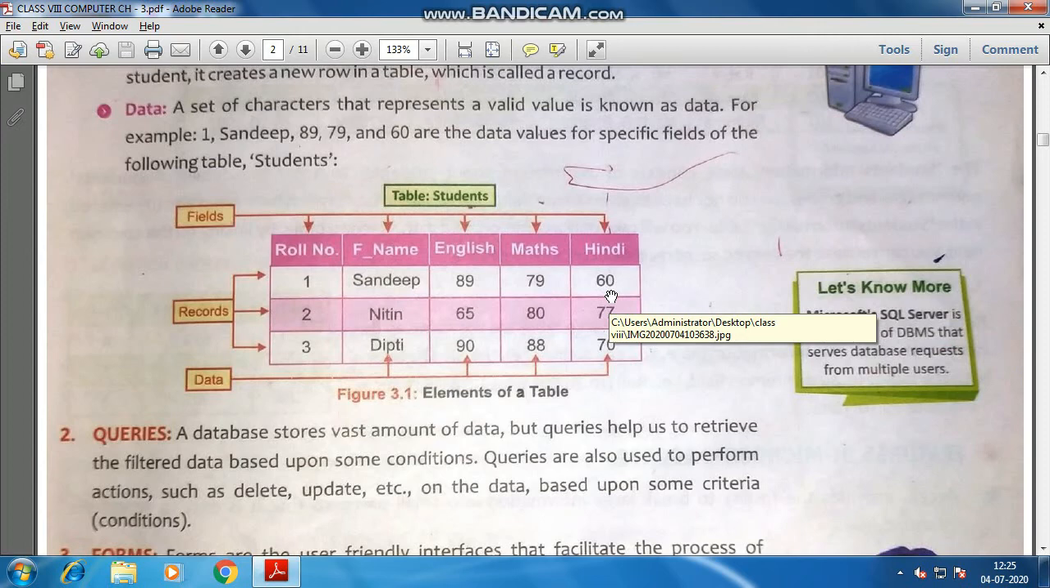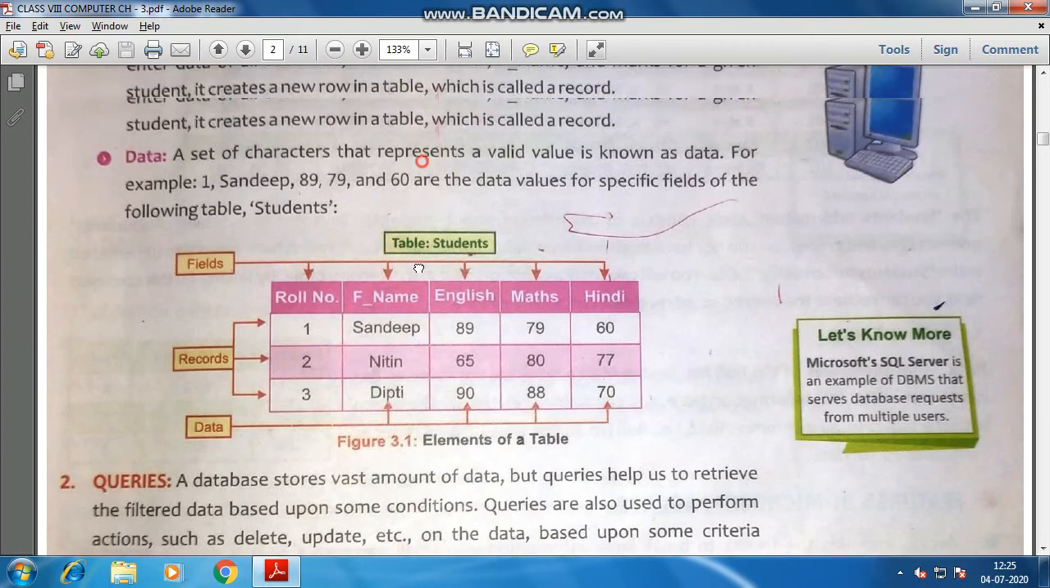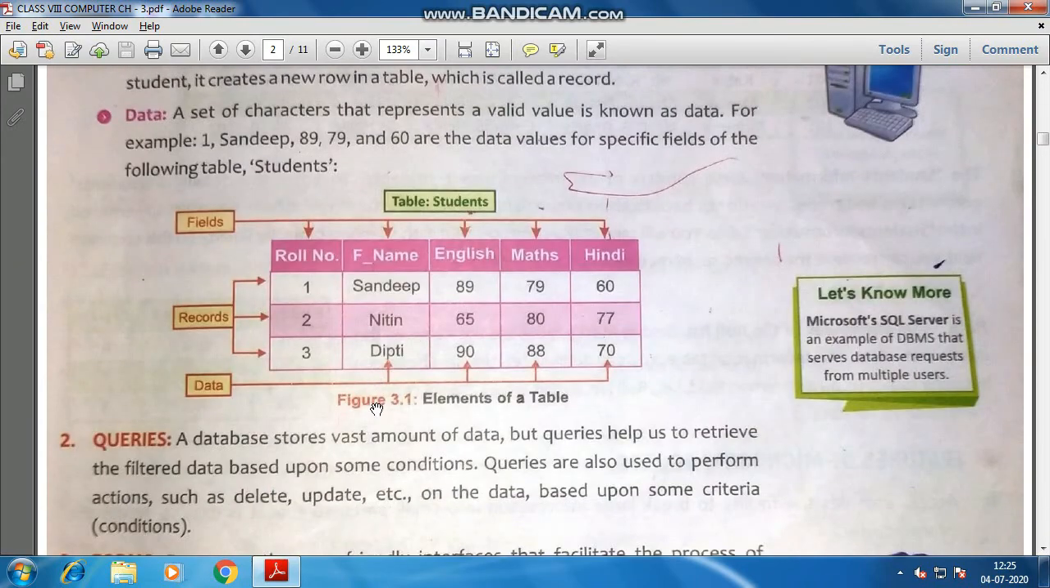So this is also known as a valid value, or you can also call it data. Okay, so these were the three elements of a table. The next